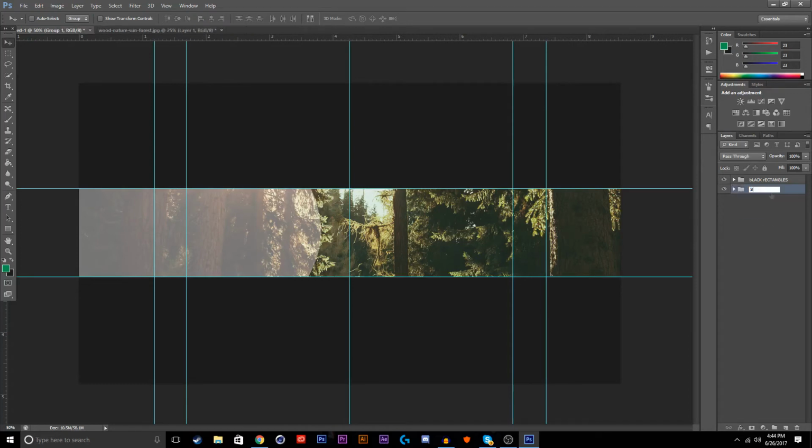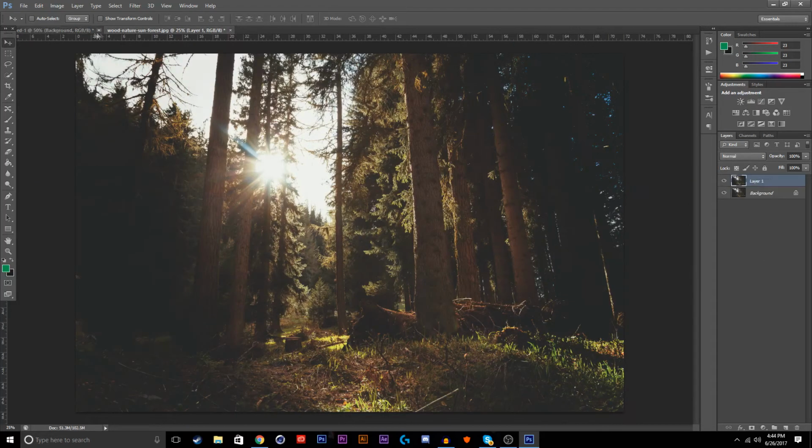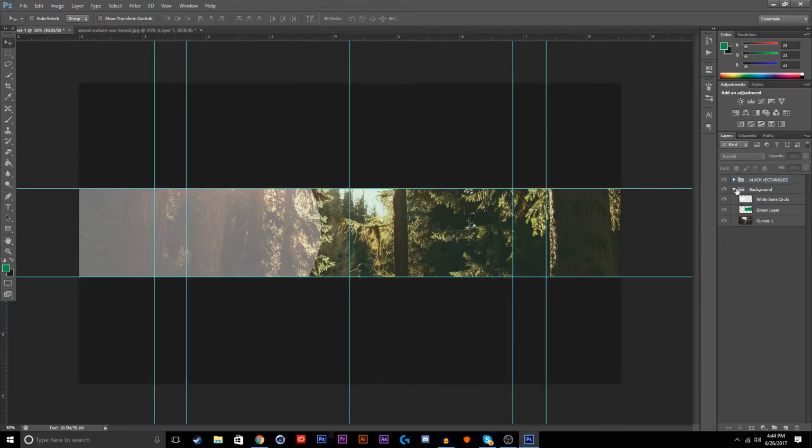then name this background. Done. And what have I done? There we go. Oh, I just moved around the black rectangles. Phew. Okay, so after this, now we're gonna work on our text, and I'm just going to put my channel